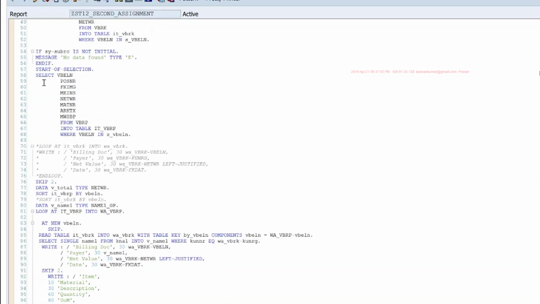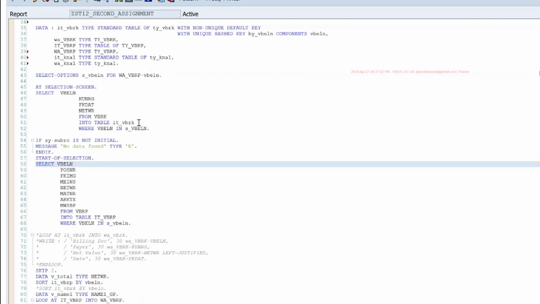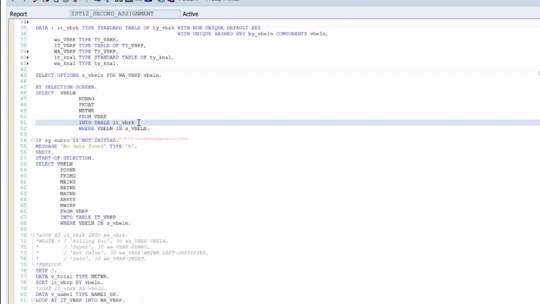Now this select statement will return me all the customers, all the documents from VBRK based on the user selection criteria, and for each of those documents there is one customer number, the KUNRG field.